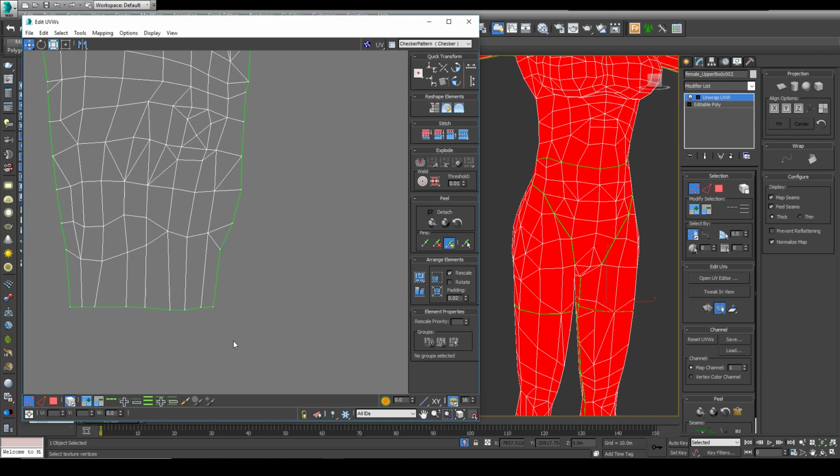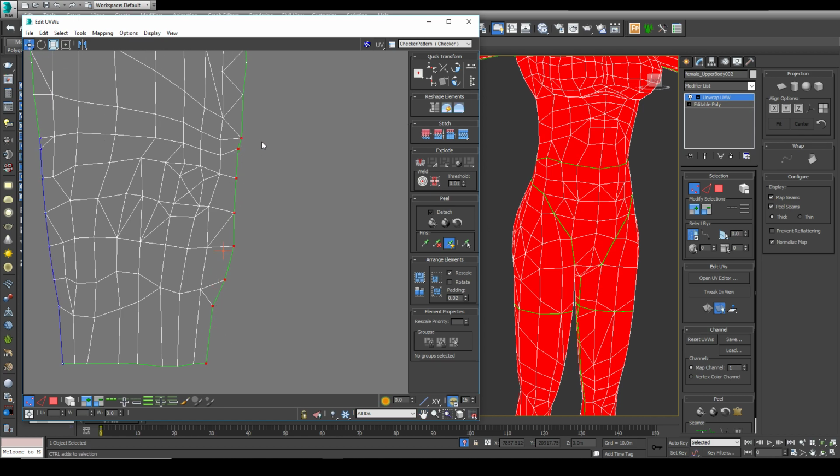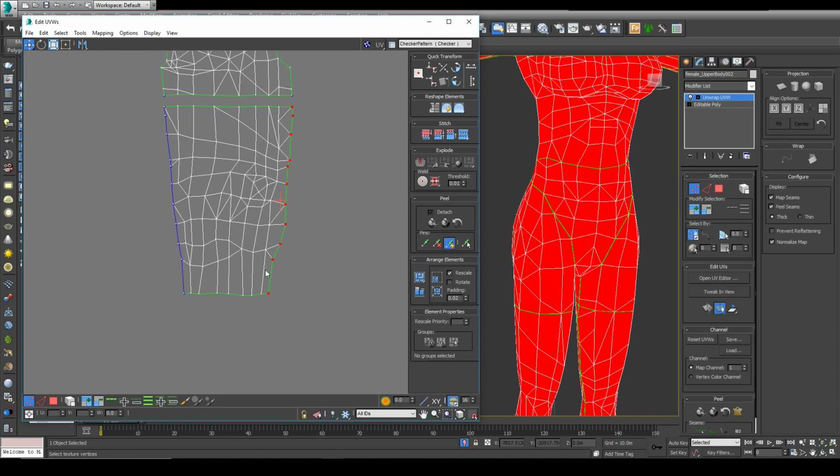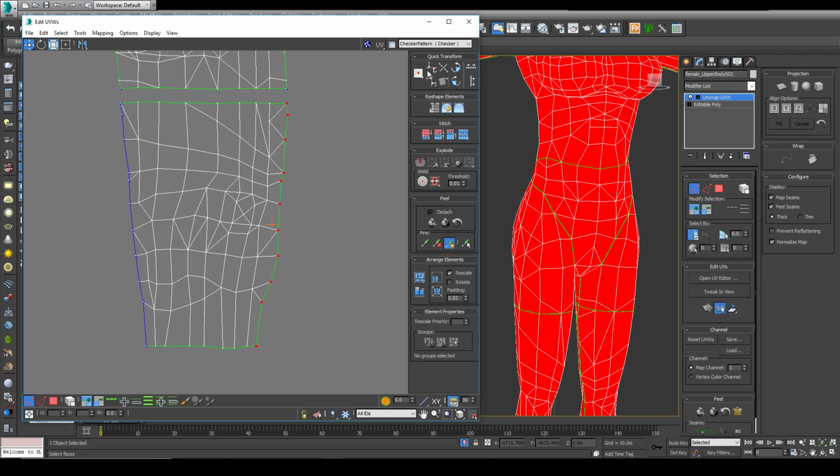Something else that I want to show you is how to align. This option here selects everything, as you may already know by now. So I want to show you how you align. For example, if you select all those vertices over here, there's a couple of tools you have over here. For example, you have